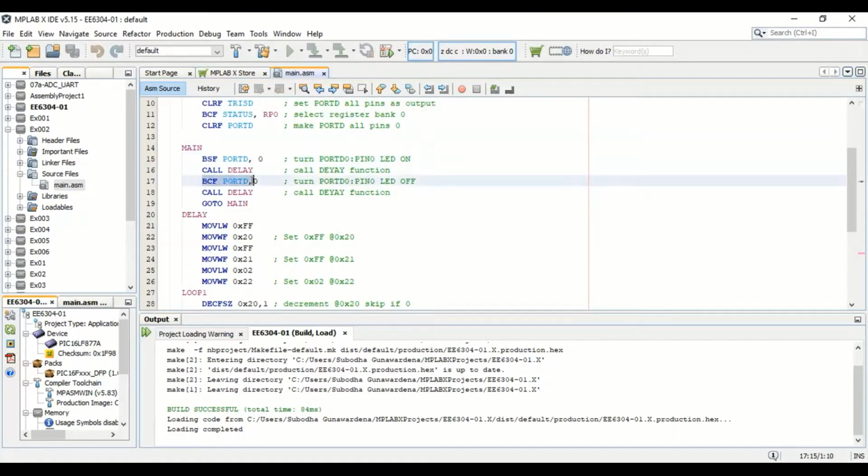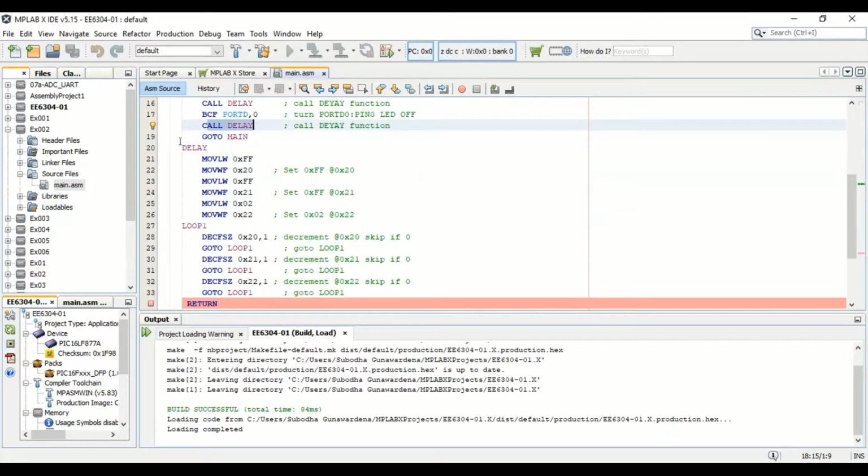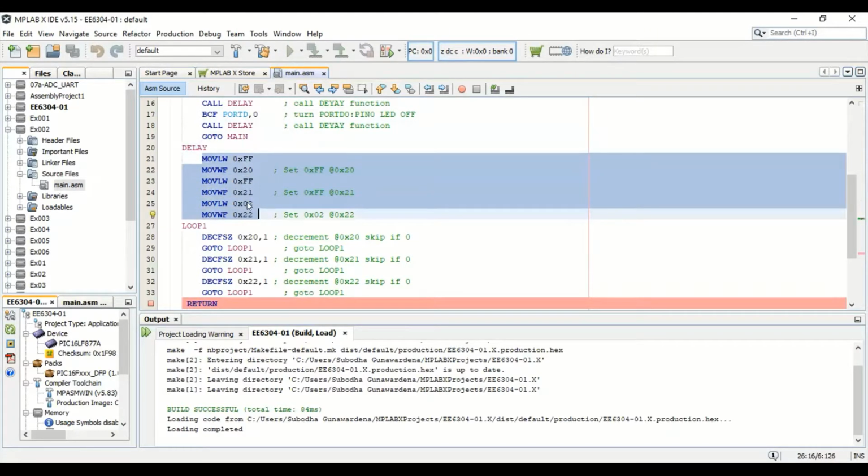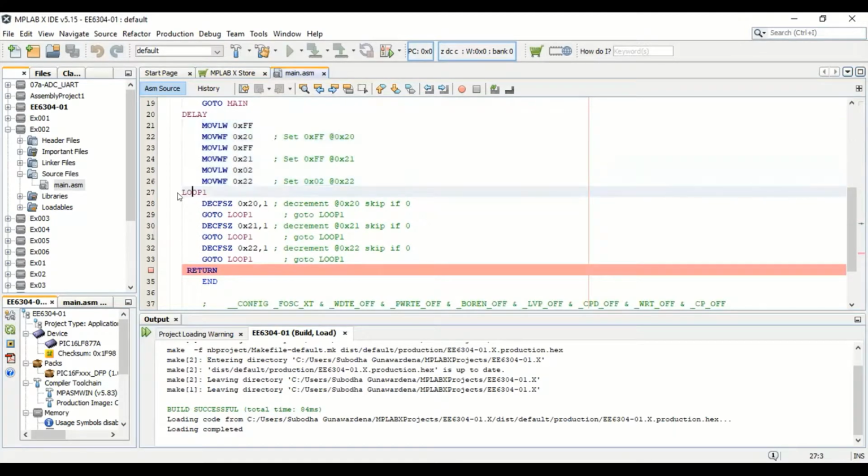After the delay I'm clearing the bit pin 0 and going for delay. After the delay I'm going back to the main and keep doing it. So delay function is written here, delay is a label here, and then I'm setting the values for my general purpose registers, which I'm using 0x20, 0x21 and 0x22. And then I have created the loop here.